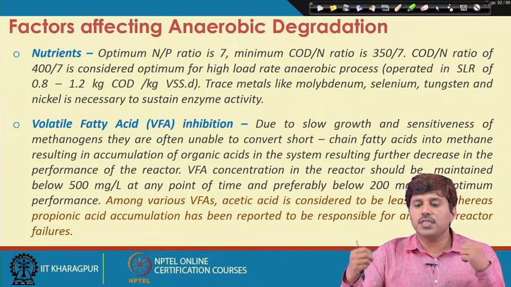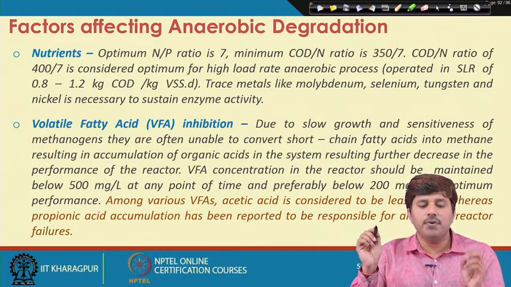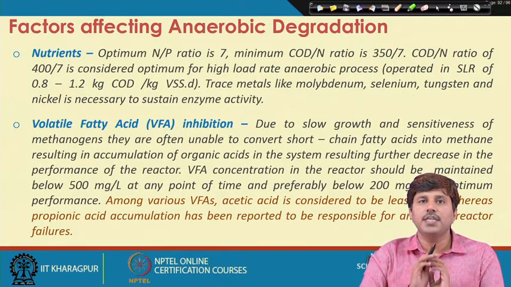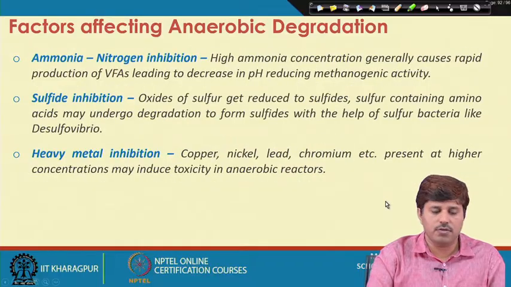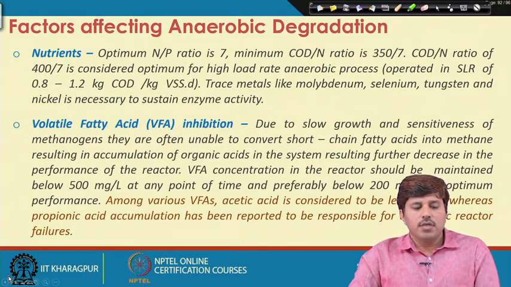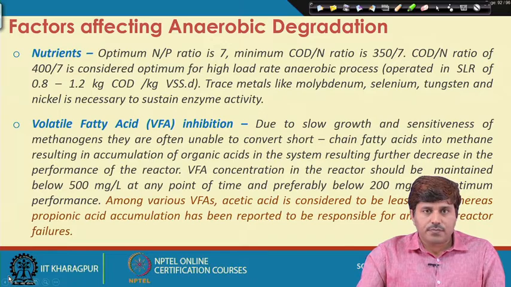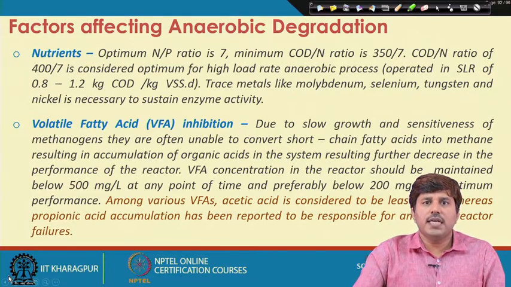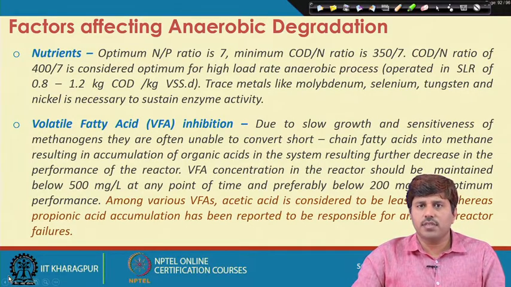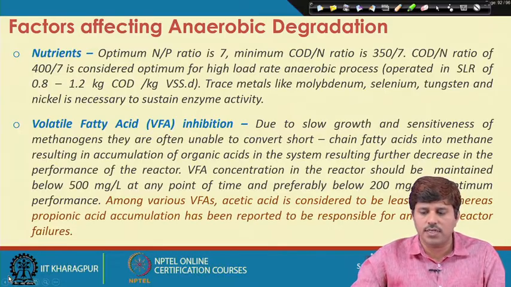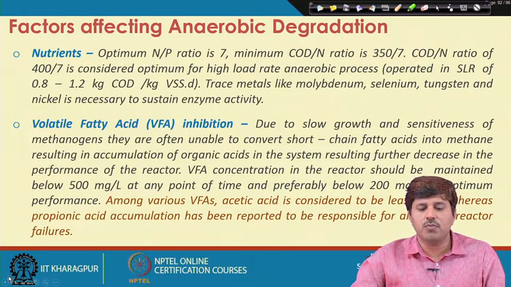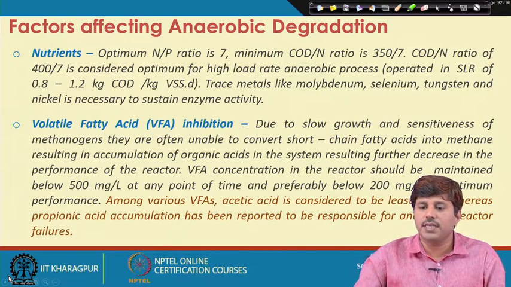The VFA concentration in the reactor should ideally be maintained below 500 milligram per liter at any point of time, and preferably below 200 milligram per liter or in that range. Among the various volatile fatty acids, acetic acid is considered to be the least toxic. It is not highly toxic, and it can be converted to methane relatively easily, whereas propionic acid accumulation has been reported to be responsible for the failure of various anaerobic systems